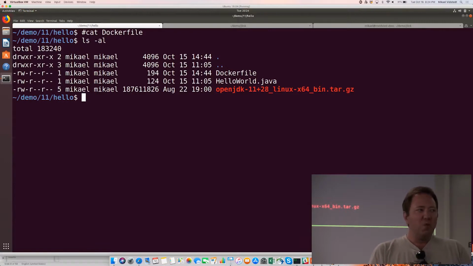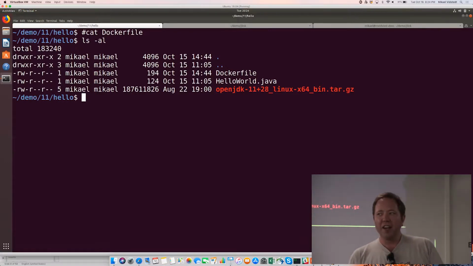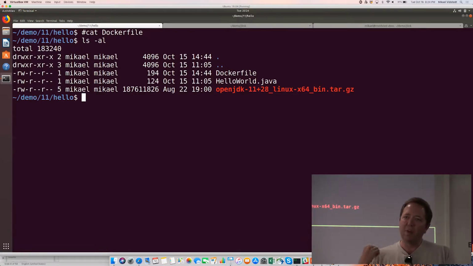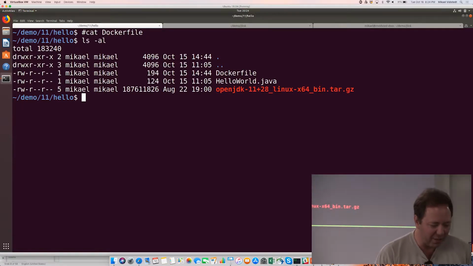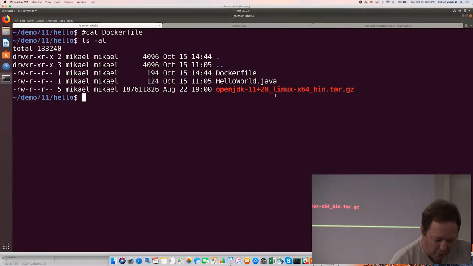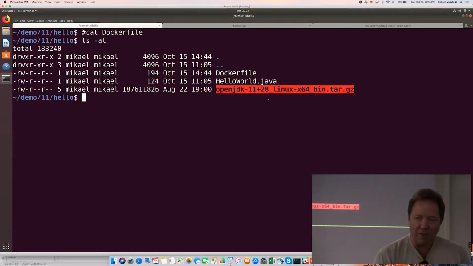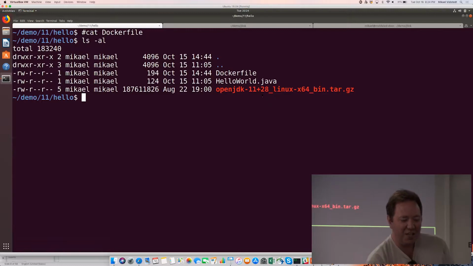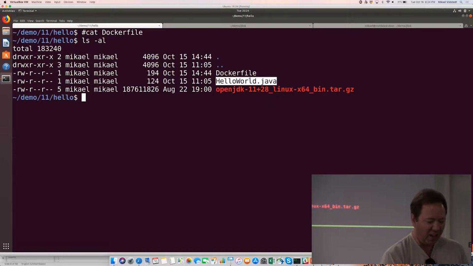If you want to create a really simple Docker image, and I'll just show this quickly because some of the later parts of this presentation build on that, you at least have an idea of what it contains. You could start with something like this. You need 3 files. You need the JDK. In this case, I've downloaded the most recent version of JDK 11, the one we released less than a month ago. You need your application, in this case, Hello World, and you need a Docker file.